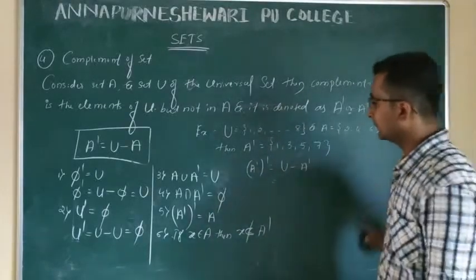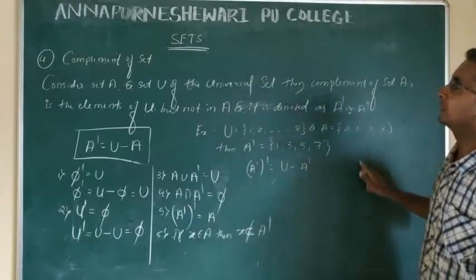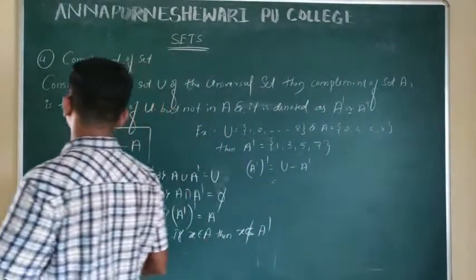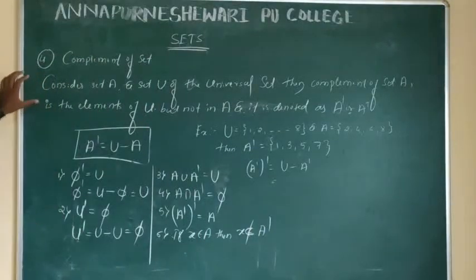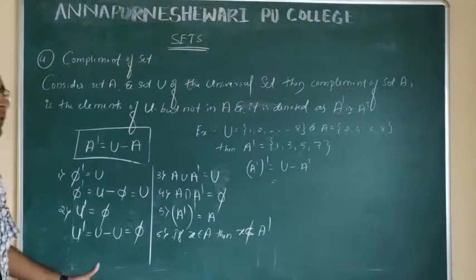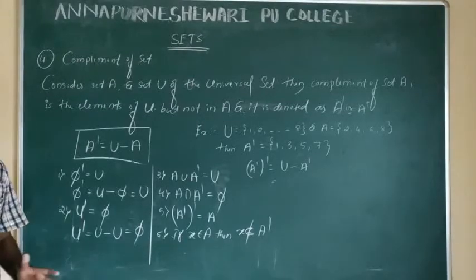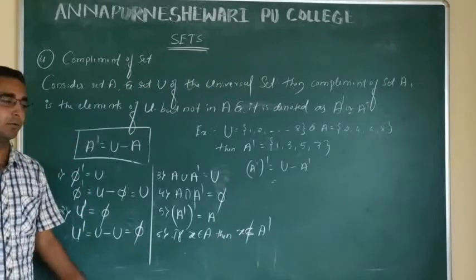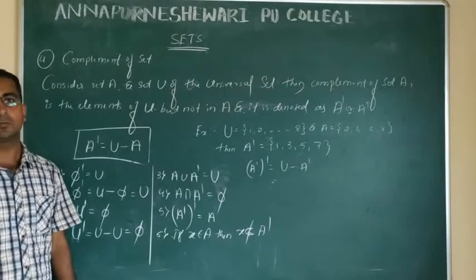So here, we have learned about the complement of the set, and two more concepts remain to be learned. One is the symmetric difference between the sets, and the other is the disjoint sets, which we will study in the next class. After those two concepts, we are going to solve some basic examples regarding these concepts. Okay. So thank you. Along with this video, you have to give your attendance.